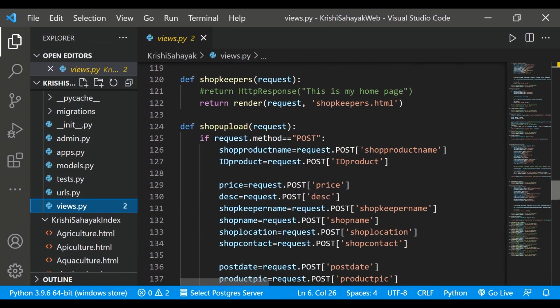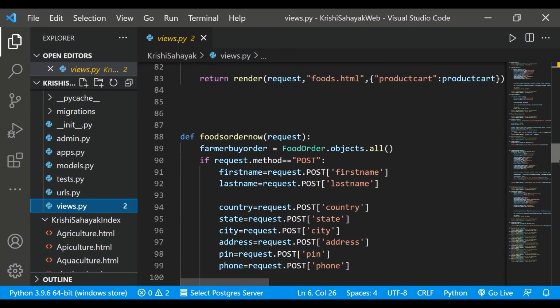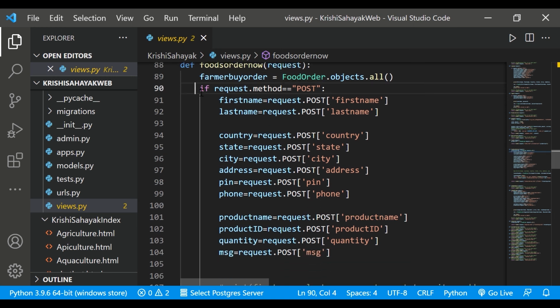So shop upload, the shopkeeper uploads the products, and food order. The farmer has ordered the food from there. We have created, this is the model name that we have created in models.py, and here the information is being taken.